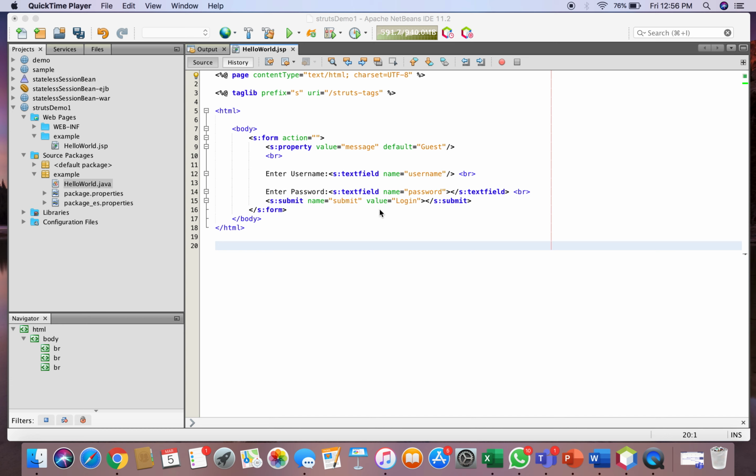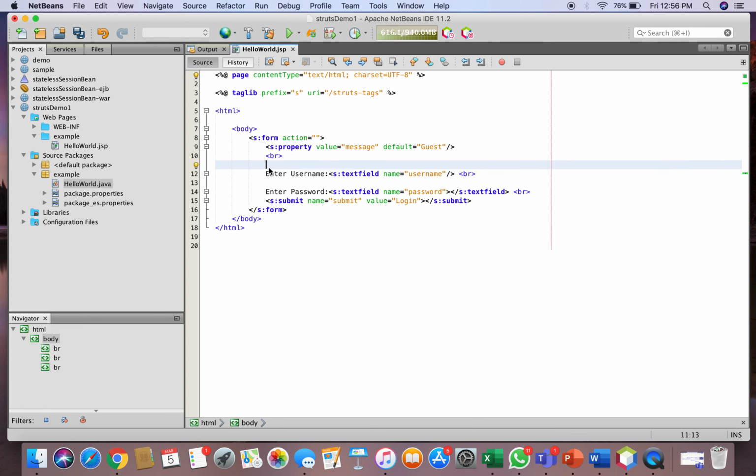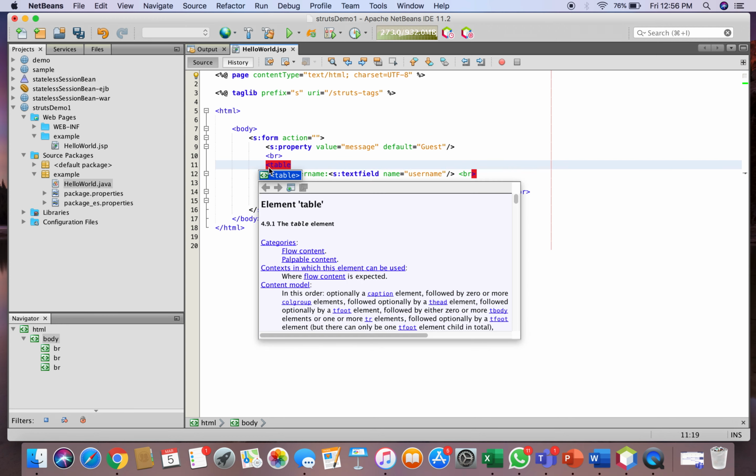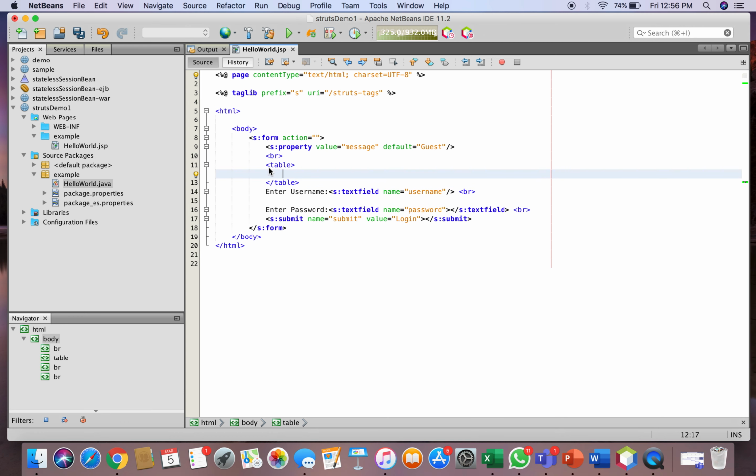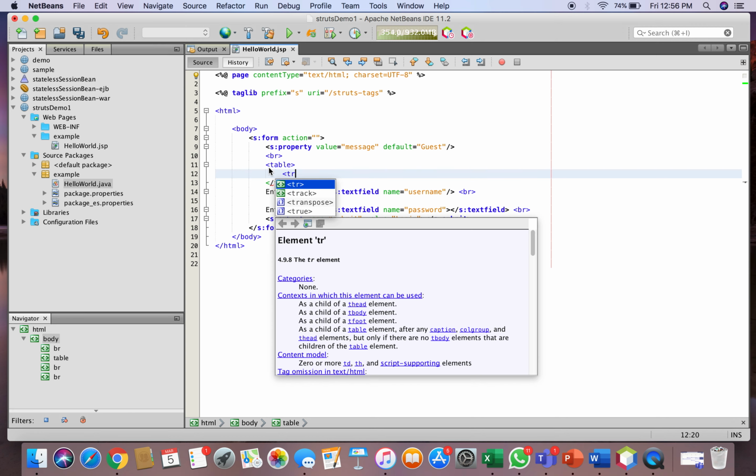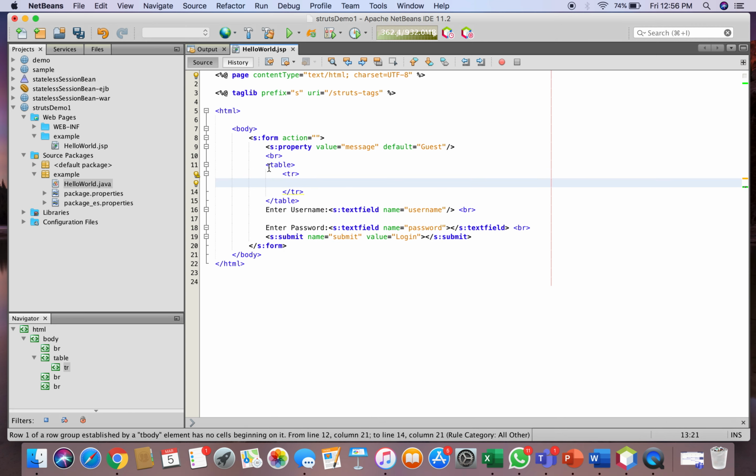So whenever we are writing the program for JSP, we have created one username field and then the password field. Let's keep this inside a table so that it looks better. To format it, I'll create a table with the first row and two columns.